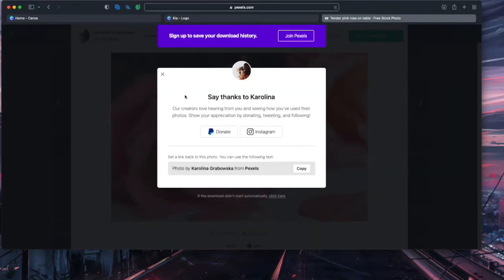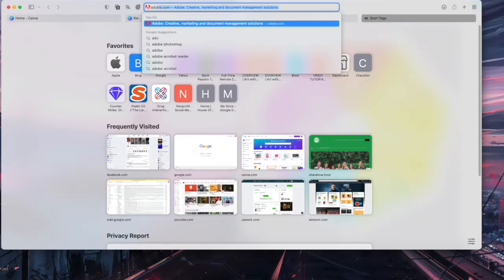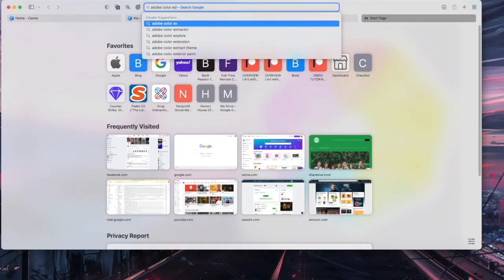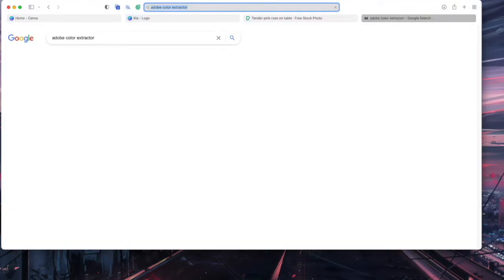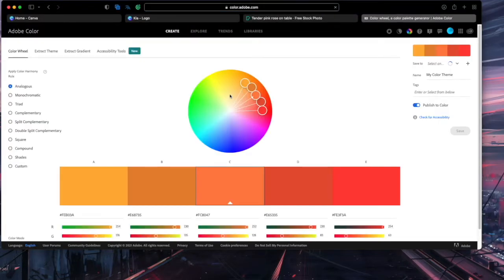Download mo lang siya, and then ayan, ang tagal naman mag-download. Ayan na siya. Okay. And then, after that, you're going to open a new tab, and then you type in Adobe Color Extractor. Ayan. And then, ito yung lalabas. Click nyo lang yan. And then, wait natin. After that, you're going to click Extract Theme,